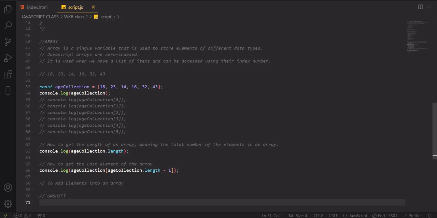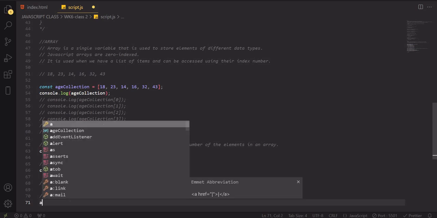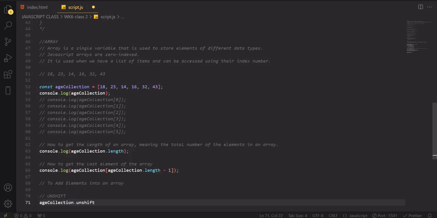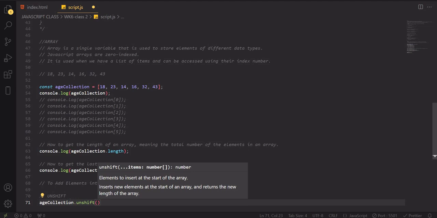We say age collection dot unshift. Now look at what it's telling us: elements to insert at the start of an array. It inserts new elements at the start of an array and returns the new length of the array. Do you get it now? So in this case,